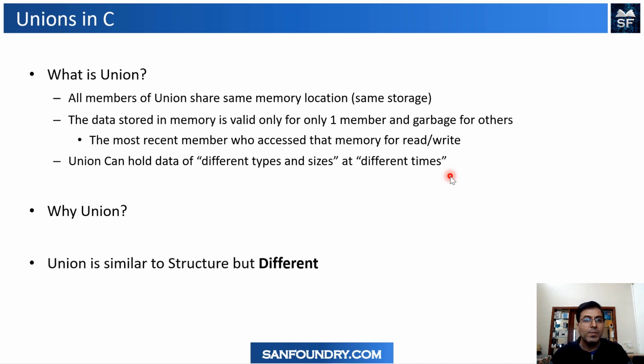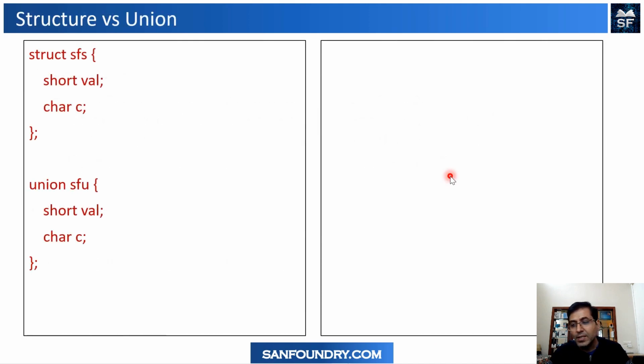In terms of implementation, a union is definitely similar to a structure as a programming construct. When you write code associated with either a union or a structure, it is a collection for a given object; the object has a lot of members. Both structure and union have a similar syntax in terms of layout, but they are fundamentally different, because in a structure every member is an independent, different piece of memory, whereas in a union it is the same piece of memory.